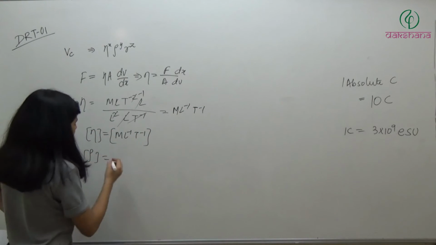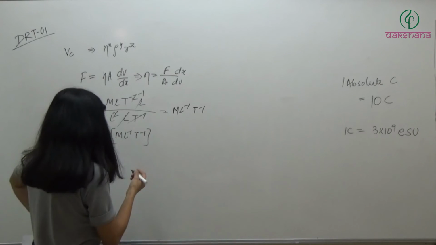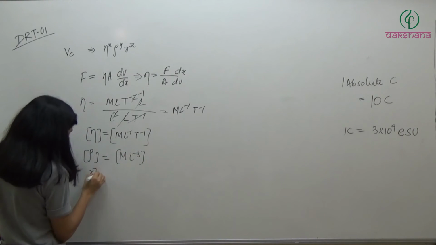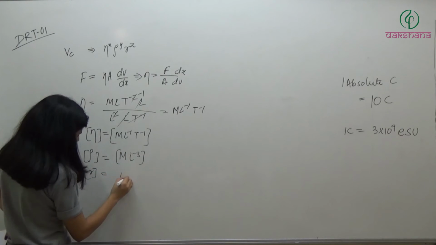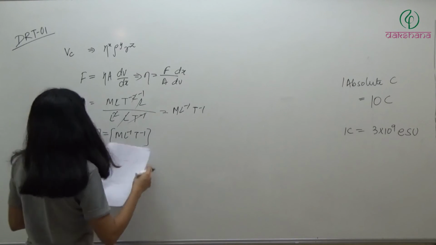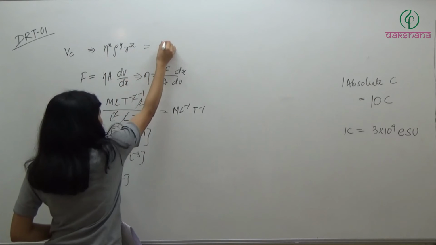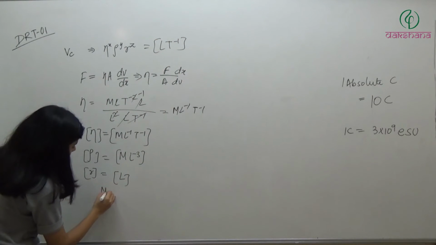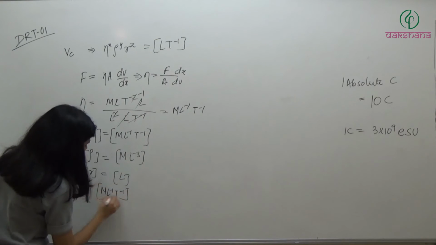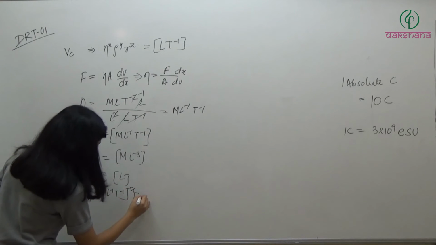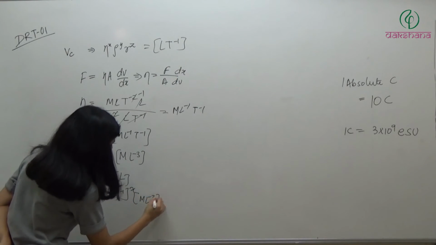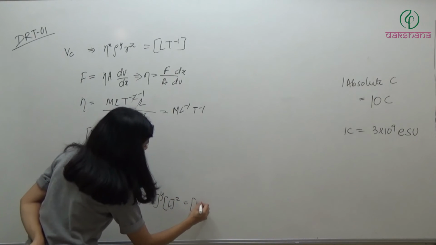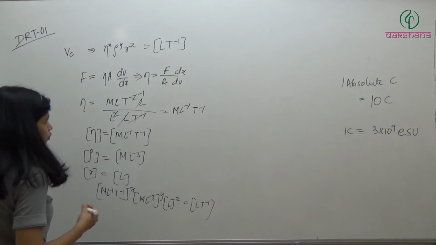Rho is kg per meter cube, so M L minus 3, and r is L. Now this Vc is L T minus 1, speed, isn't it? So from here, M L minus 1 T minus 1 times M L minus 3 to the power y, and L to the power z, is equal to L T minus 1. So from here we can write